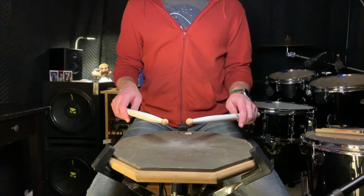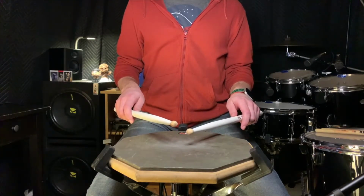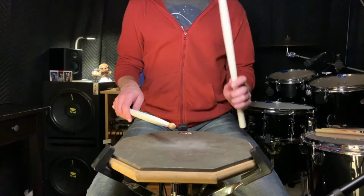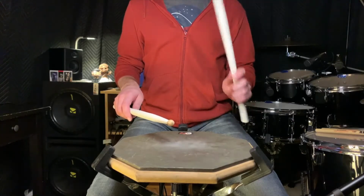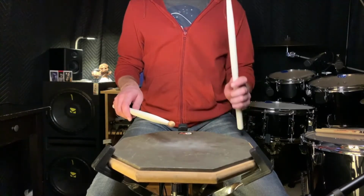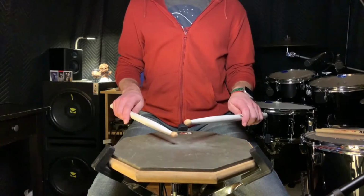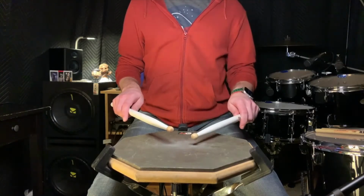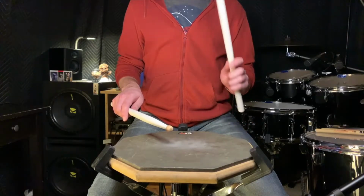And now let's isolate our offhand. Downstrokes. 1, 2, 3, 4. 2, again, and 3, again, and 4, this time, and